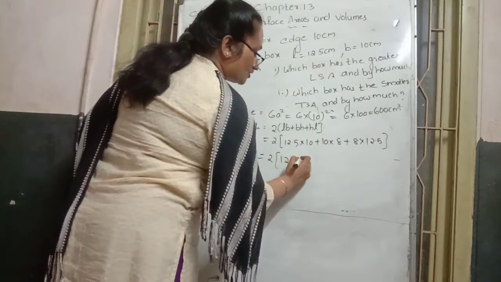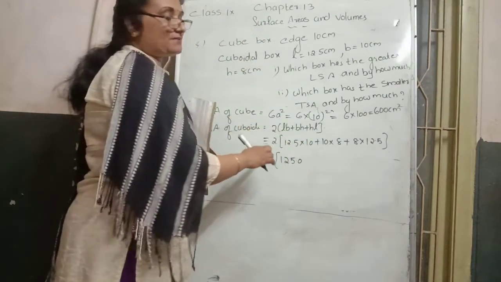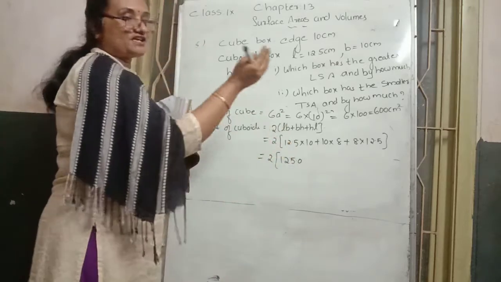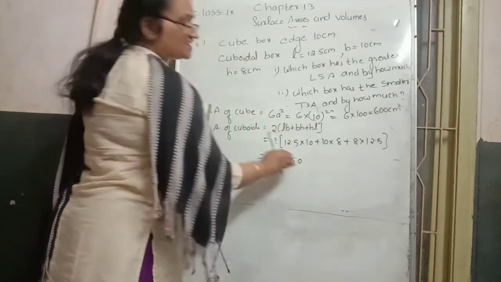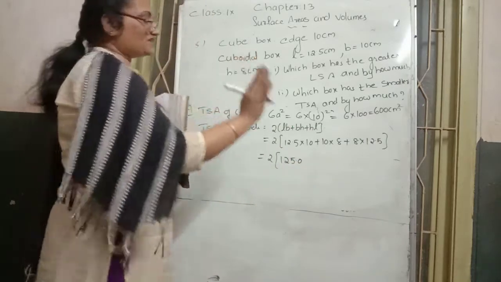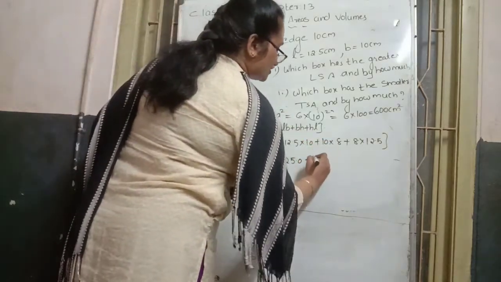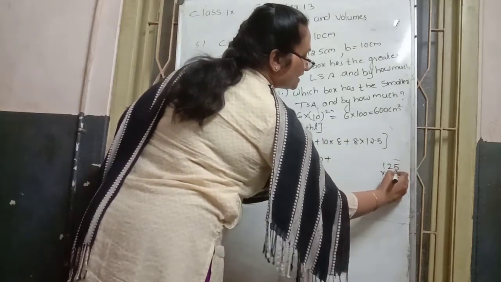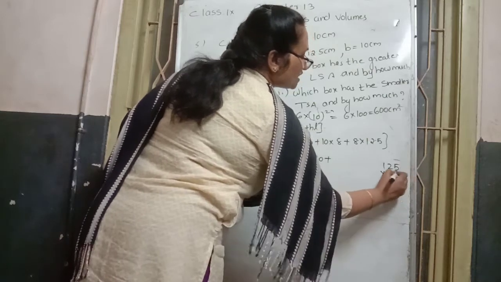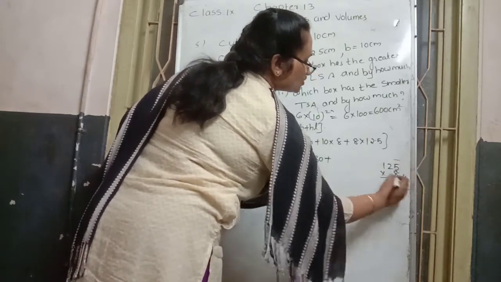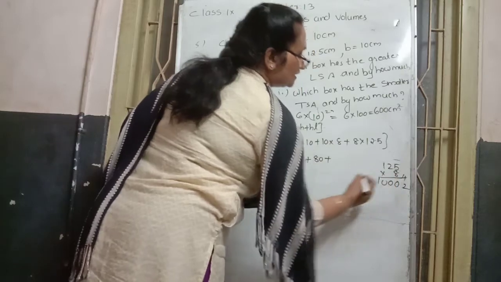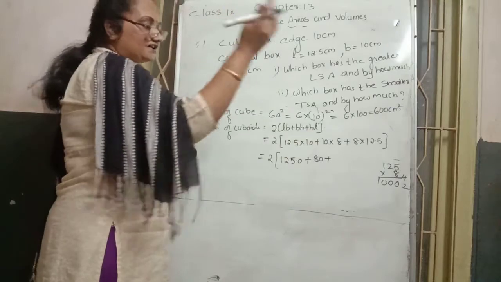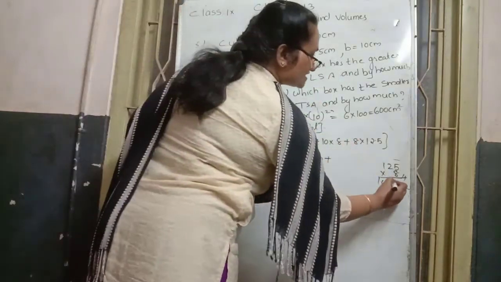Or the decimal point after that. To multiply, write the same number and 10 carries a 0, so write that 0. After the decimal point, one place means from right to left take one place and put it, giving 0. A 0 after the decimal point we leave. Then 10 into 8 becomes 80, plus this part 120. Without the decimal point, take the number and multiply, and here 1000 will come. After the decimal point, how many digits? One digit, that's why from right to left take one place and put it.